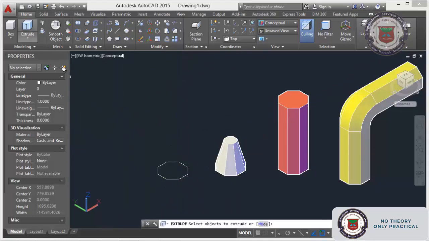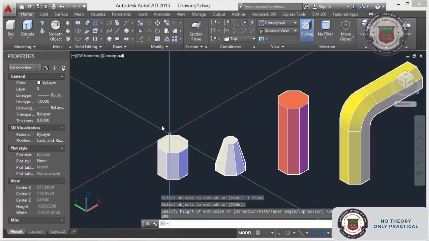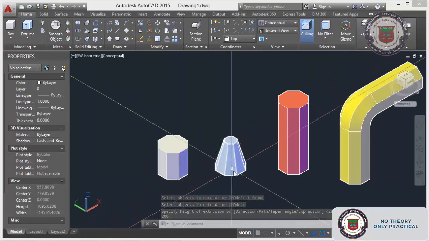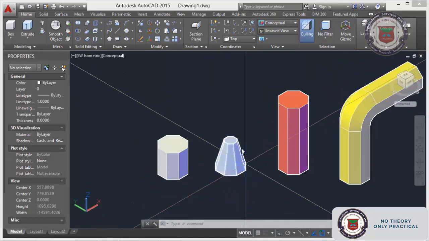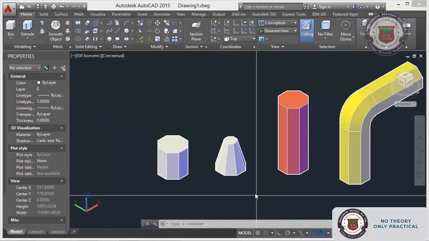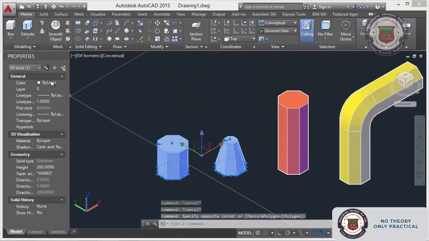Now I give simple extrude with direction 200. See, this is normal extrusion, this is extrusion with certain angle. Both are the same height, but the only thing is it has a certain slope, that is the taper angle. These are the differences between these two options.